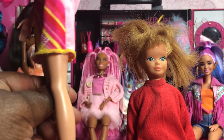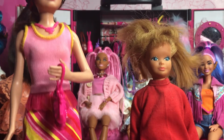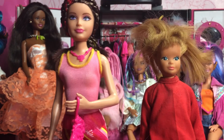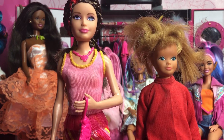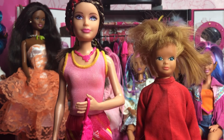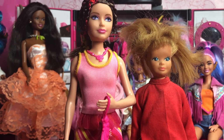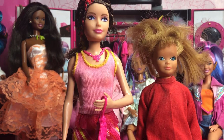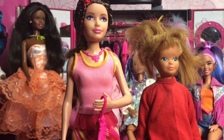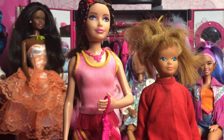This Skipper has straight, hard plastic legs and body. That is a huge difference with the dolls from then and now. They were made with more rubber. Very easy to move. They didn't feel hard. Very easy to handle. They both still have the same types of articulation. Okay. But this Skipper is just